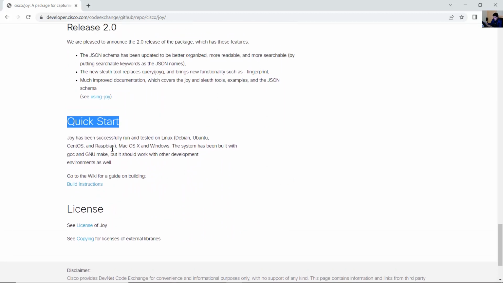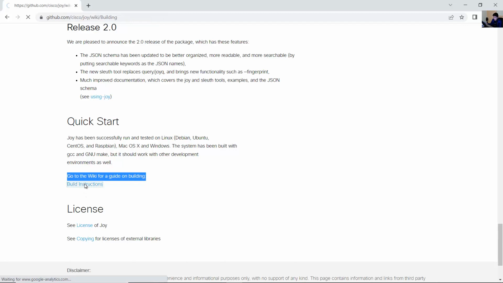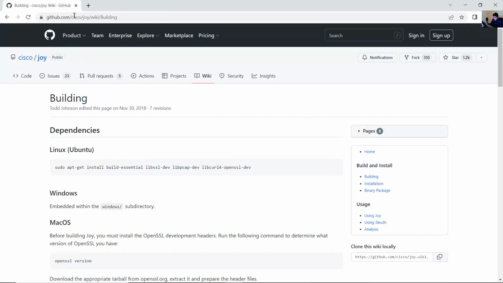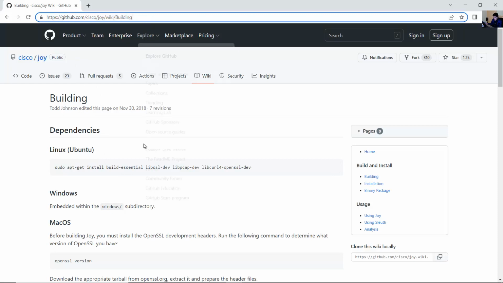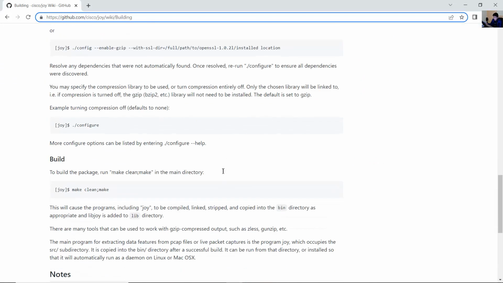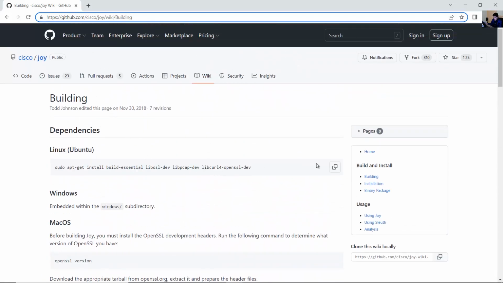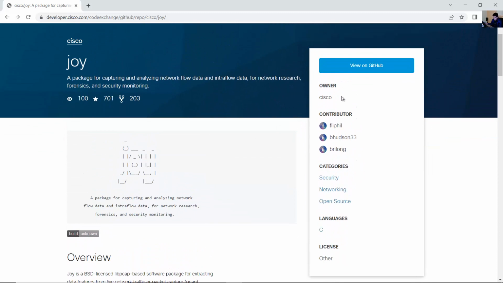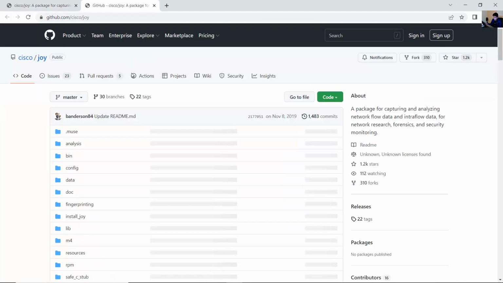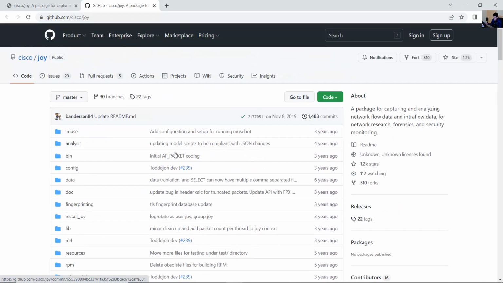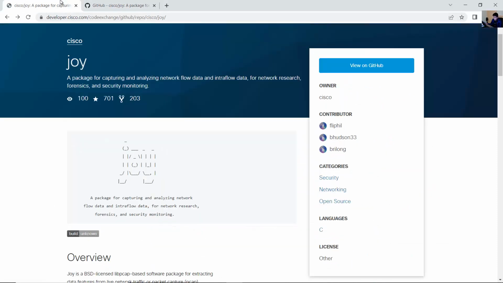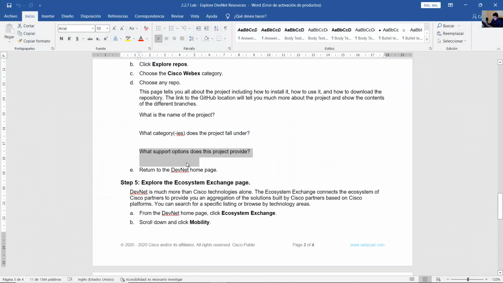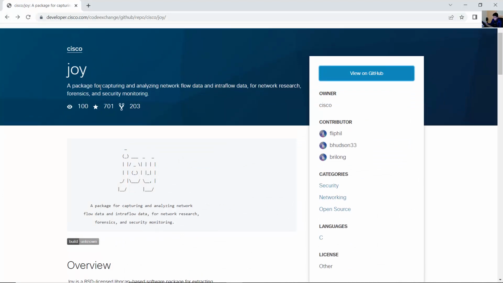Okay, on quick start, you can go to wiki for a guide on building. Okay, build instructions, click here. And this is the GitHub page. And this is the support, all the documentation. Go back, okay, or click here on view on GitHub, okay, all the support and documentation and codes. Close this, return to DevNet homepage, okay, click on the logo,